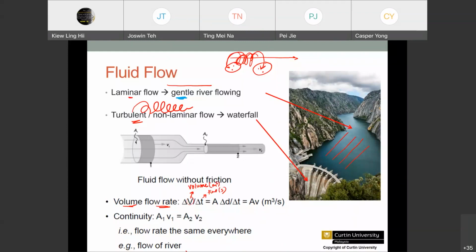Okay, so for example, inside this container, regardless of how the flow is, whether it is laminar or turbulent, the amount of the volume flow rate at this point and at this point will be the same, because that is about the volume. However, what will change? Your velocity, small capital V, might change.